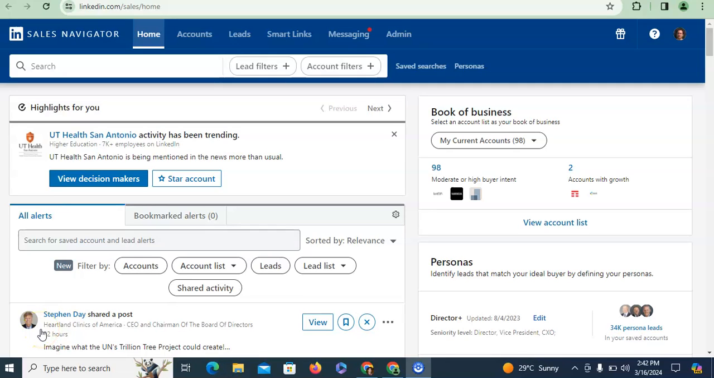And now the question is how you can upload a CSV file in your Sales Navigator. Different people ask me about how to upload a CSV file in Sales Navigator. Is it possible to upload a CSV file in Sales Navigator? Yes, it's possible. So first of all, you just need to click on your home page of Sales Navigator, and